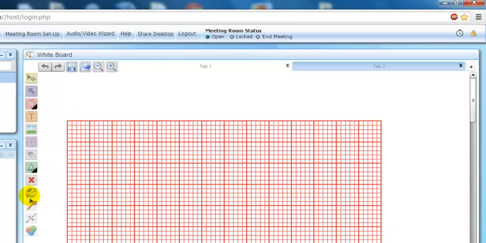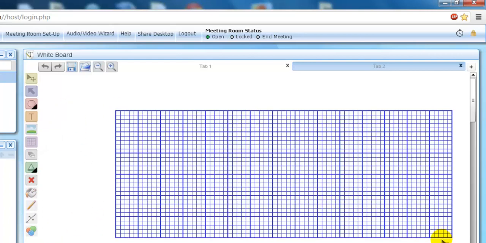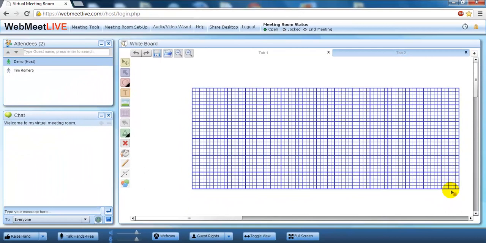And of course, if you wanted to, you can undo that. If you wanted a different fill color, once again, you can grab that and put that on there as your grid. Just so you know, the guest over there on the Tim Romero computer is following along. Another cool thing is that